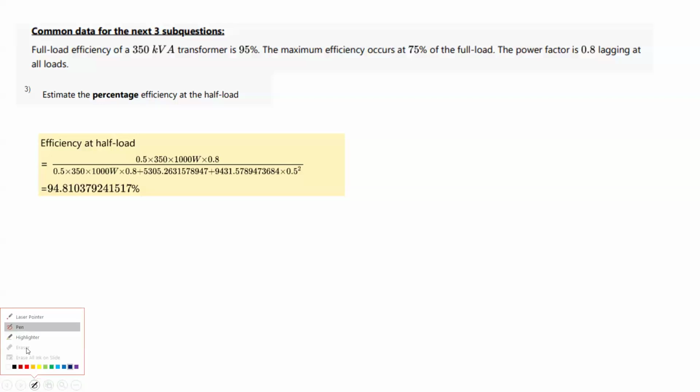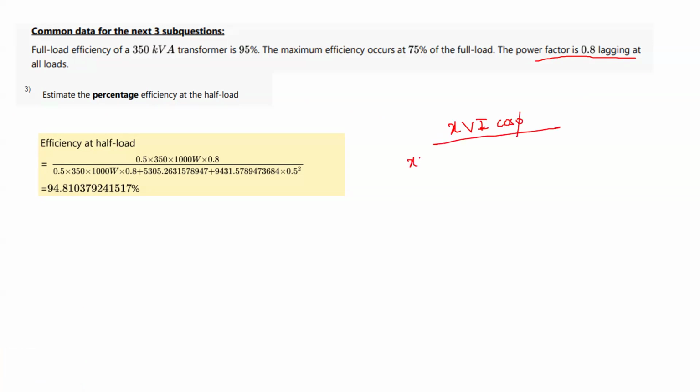Remember, whether it be half load, full load, or 75% load, the power factor is 0.8. They have said that you have to take power factor 0.8 at all loads. So what is the efficiency here? Efficiency is x Vi cos phi by x Vi cos phi